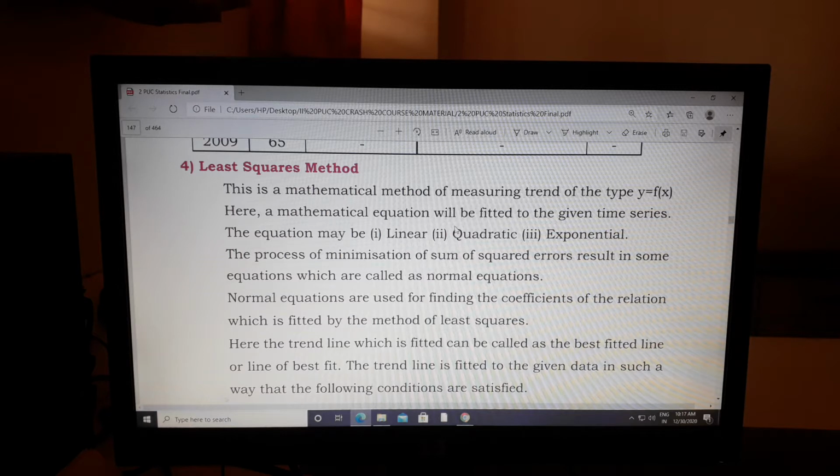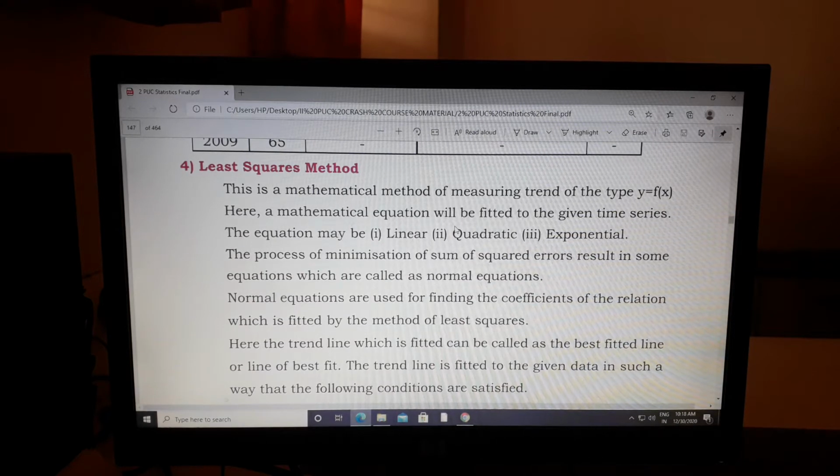See, generally y equals a plus bx. This is the straight line equation everyone knows. Linear equation y equals a plus bx, right? So now how to write the normal equations, tell me? The sum of squared errors. So first of all, wherever there is a variable, there the summation has to be taken, right? And then it reaches the sum of squared errors, right?